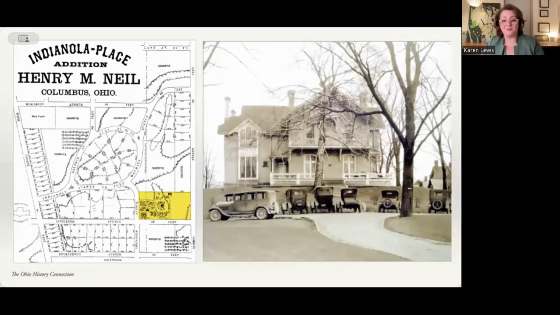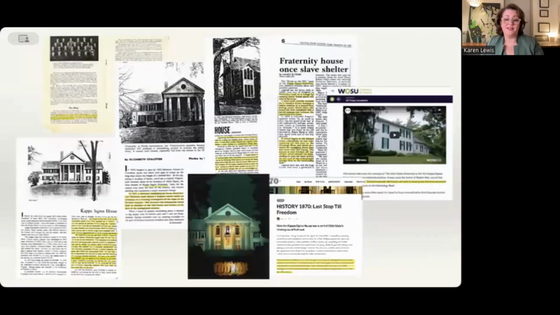After the war, Henry took ownership of the brick house, and during this time, before the Civil War, it is presumed that the house became part of the Underground Railroad. This word "presumed" is where the history of the Underground Railroad, Ohio State's campus, and the Indianola house become grossly unsubstantiated. So the Neal house still stands on Indianola and 15th Avenues and is currently occupied by the Kappa Sigma